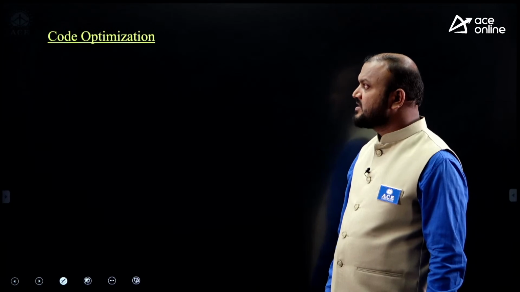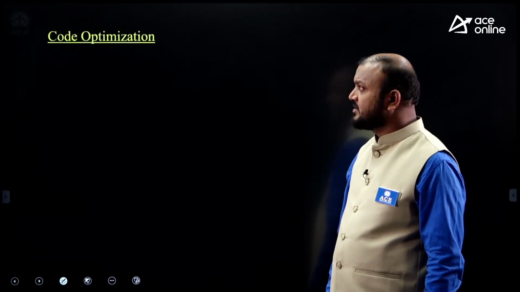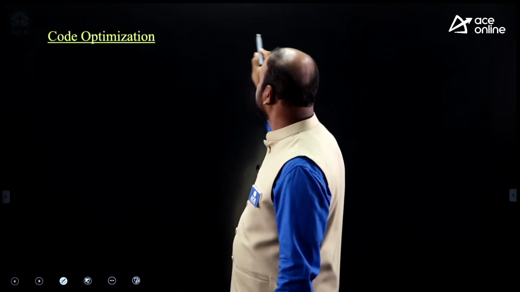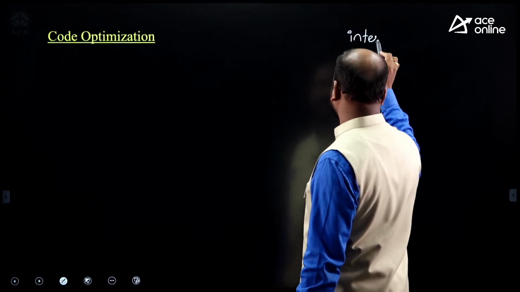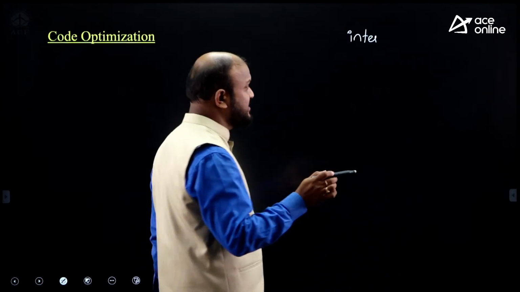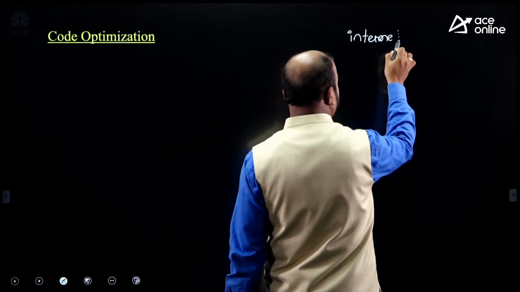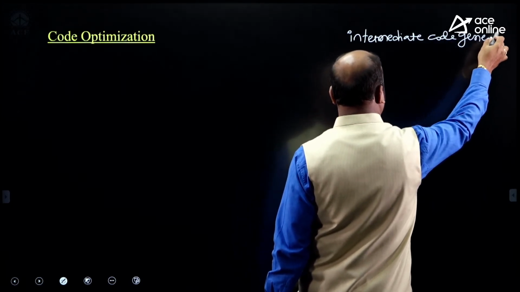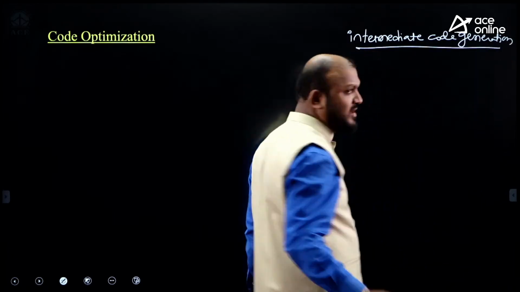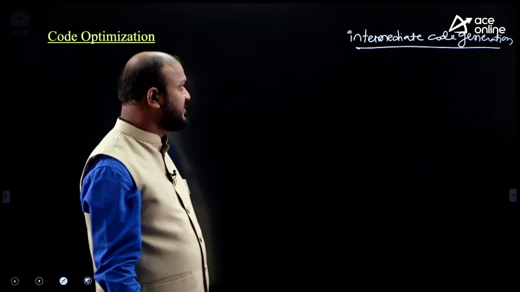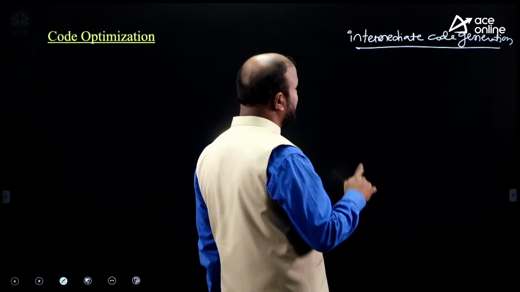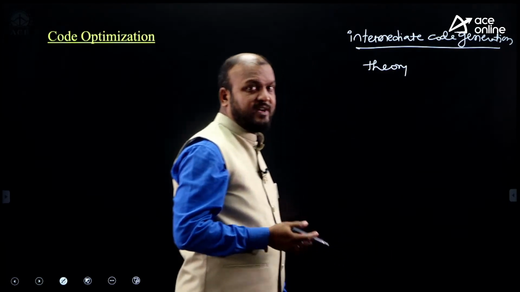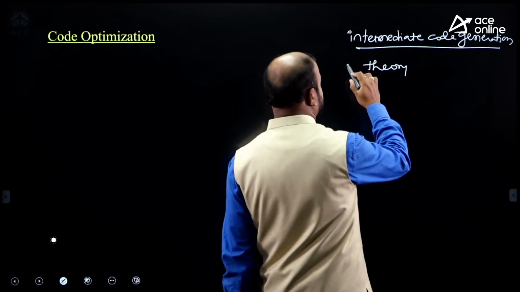Next, we have code optimization and also intermediate code generation. I think one slide is missing. Okay, we'll look at intermediate code generation. After syntax directed definition or translation, we have a chapter called intermediate code generation. So far, only theoretical questions have been asked on intermediate code generation, and mostly 1 mark questions. So far, no question has been asked for 2 marks, except a question on directed acyclic graph. Only 1 mark theory questions are asked, like why intermediate code is required.